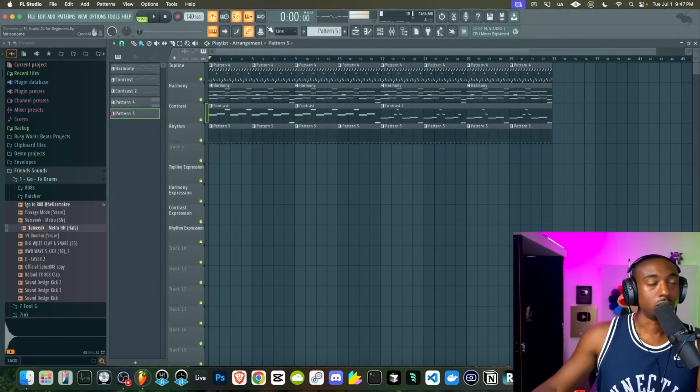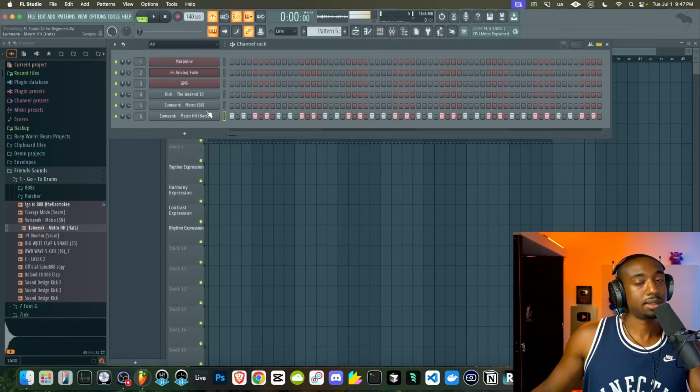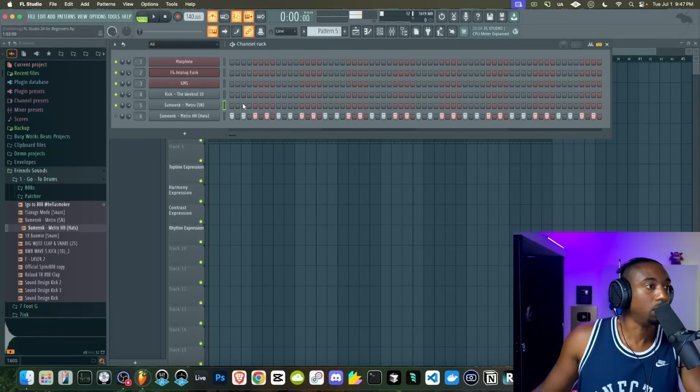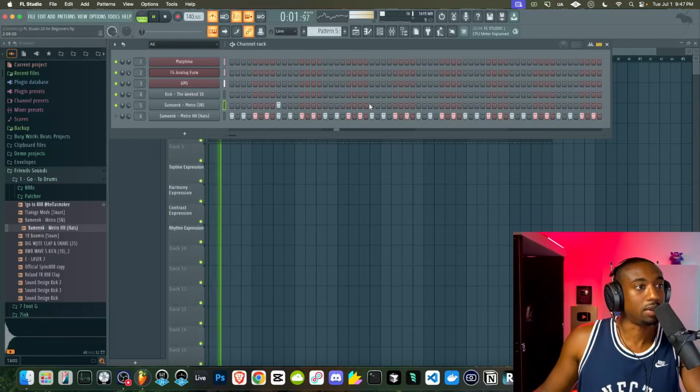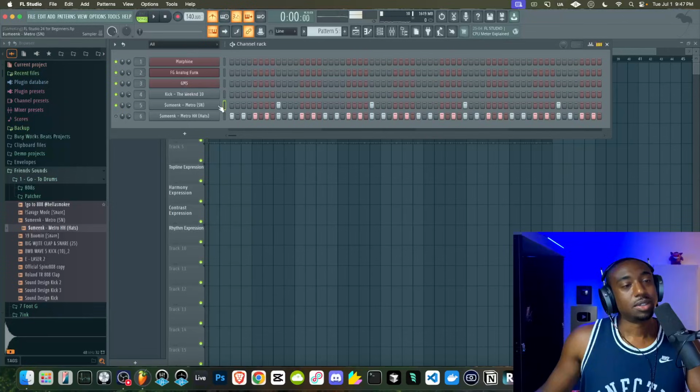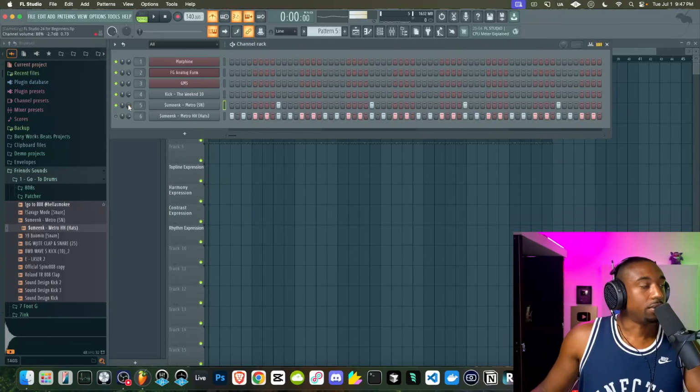Now we're going to turn the metronome on. And every time the metronome hits, consider this a count or a beat. So we're going to add the snare on the 3 and the 7 count. 1, 2, snare, 4, 5, 6, 7, 8. 1, 2, 3, 4, 5, 6, 7. So as you guys can see, the snare goes on the 3 and the 7 for trap.